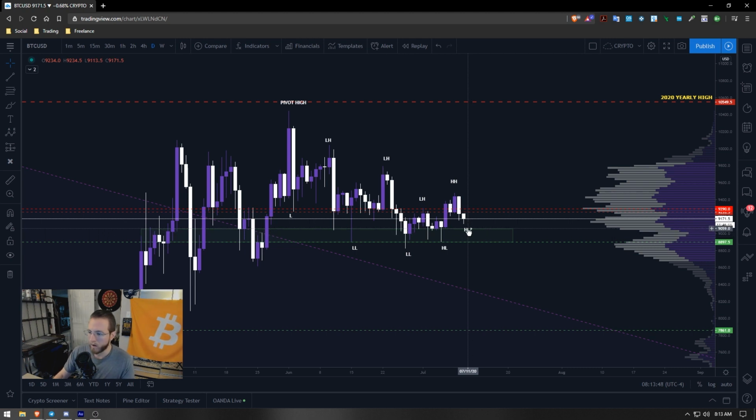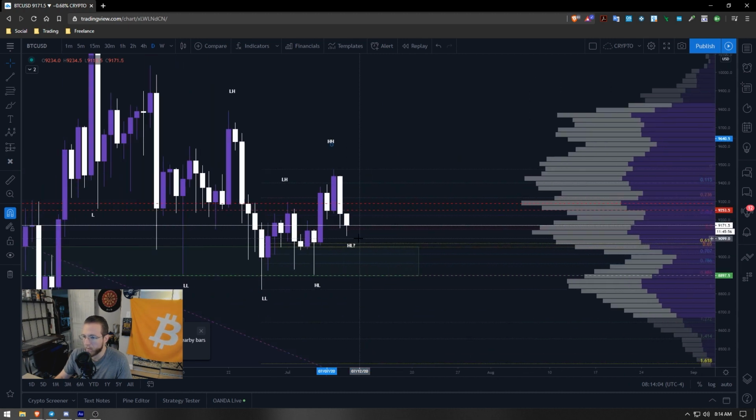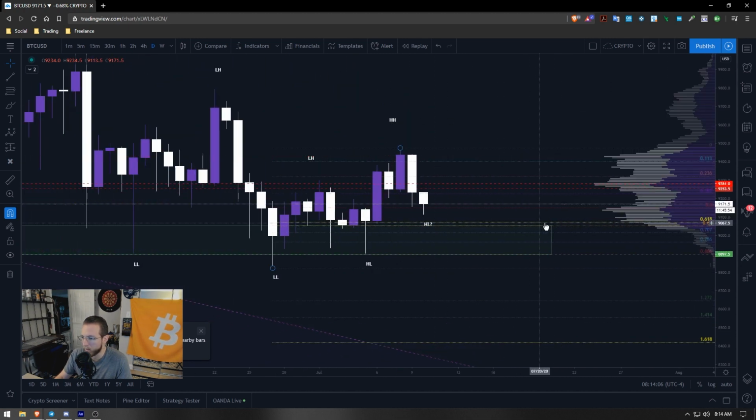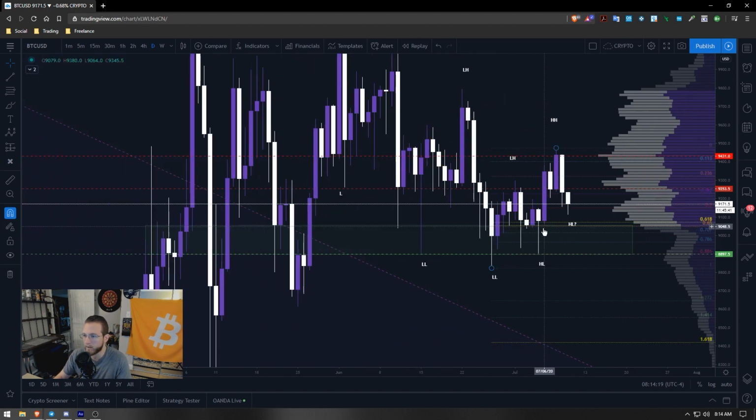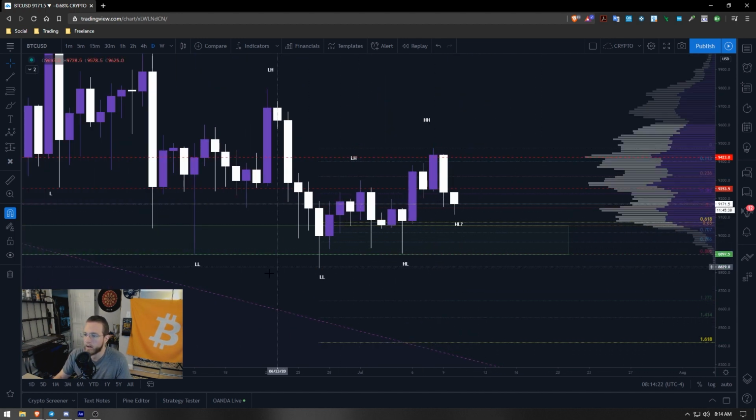And I want to explain why I put the higher low right here at the top of this green box that I've drawn. The reason is because if you take your fib retracement and you measure this swing right here, the top of that box lines up perfectly with our golden pocket right now. So those levels are going to be right in here. It's about 9,050. The high is about 9,075. The low is about 9,050 basically. I'm not going to get into exact numbers, but it's right here. So I am definitely expecting a higher low to form.